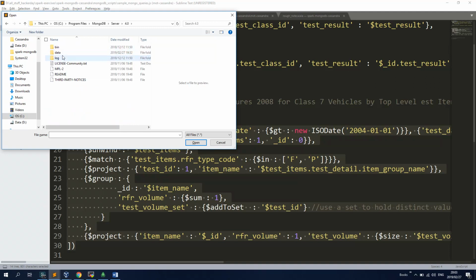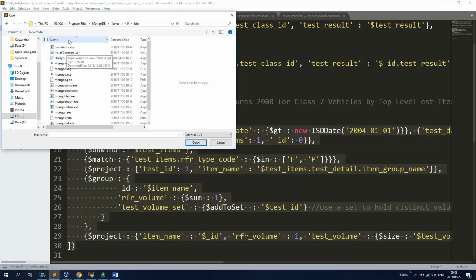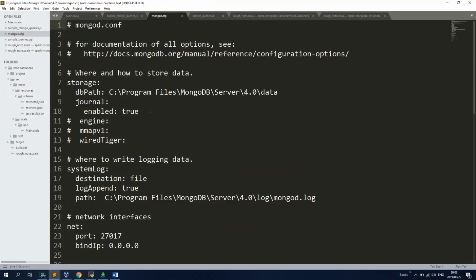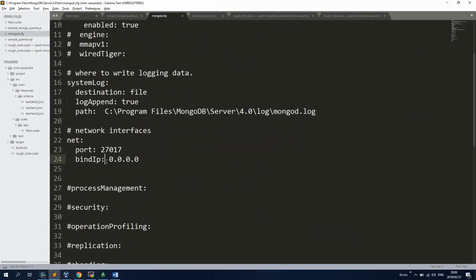And you have the Mongo config file right here. And I set bindIp to 0.0.0.0. If you don't do this, you may hit the roadblock of, hey, I'm trying to reproduce what you're doing, but it's not working, right? You can reproduce it because you see I'm accepting binding from all addresses. Now in production, you don't want to do this. This is only for educational purposes so that you'll be able to